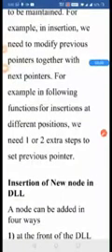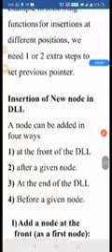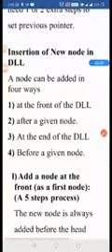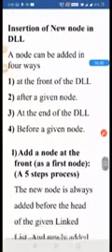Now we will see the operations of double linked list. Suppose we want to insert a new node in the doubly linked list. There are 4 ways by which we can insert the element: at the front of the DLL, meaning the start of the doubly linked list; after a given node, whenever it is given that we can insert the element after a particular node; at the end of the DLL, meaning the end of the linked list; and before a particular given node. So these are the 4 ways by which we can insert any new node.